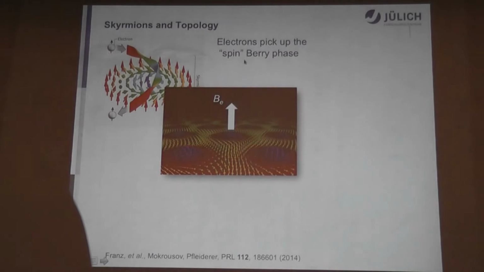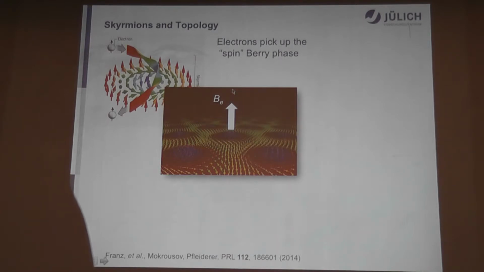So how does this topology actually enter into skyrmion physics? Let's consider a skyrmion, and an electron which propagates through the skyrmion, in the adiabatic picture. This means the spin is always aligned with the local magnetization direction. What happens in this case, and you can solve this equation analytically without spin-orbit interaction, is that an electron will pick up a Berry phase in the spin channel. If it picks up a Berry phase, this means that we have some effective magnetic field, effective curvature in real space. This is known as an emergent magnetic field, which I denote here B.